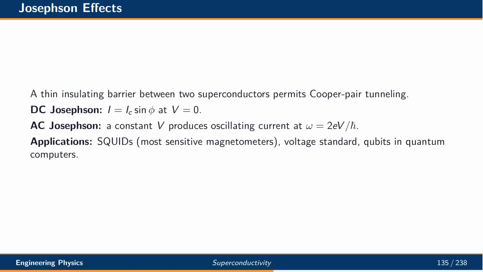When two superconductors are separated by a thin insulating barrier, Cooper pairs can tunnel between them. The DC Josephson effect produces a supercurrent even at zero applied voltage. The AC Josephson effect produces an oscillating current under a constant voltage, with frequency proportional to that voltage. These effects power superconducting quantum interference devices, or SQUIDs, the most sensitive magnetometers known. They also underlie voltage standards and the qubits used in